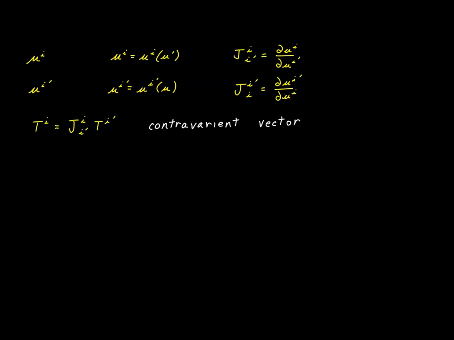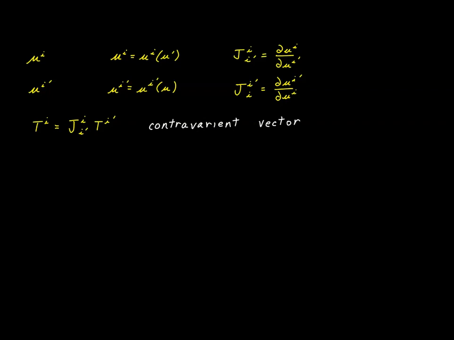Next, we need coordinate transformations. Here we can derive the u values as functions of u prime, and here we can derive the u prime coordinates as functions of u. Next, we define Jacobian factors in the usual way. There's nothing new here. Now we define a contravariant vector as any set of scalar values that transforms as a